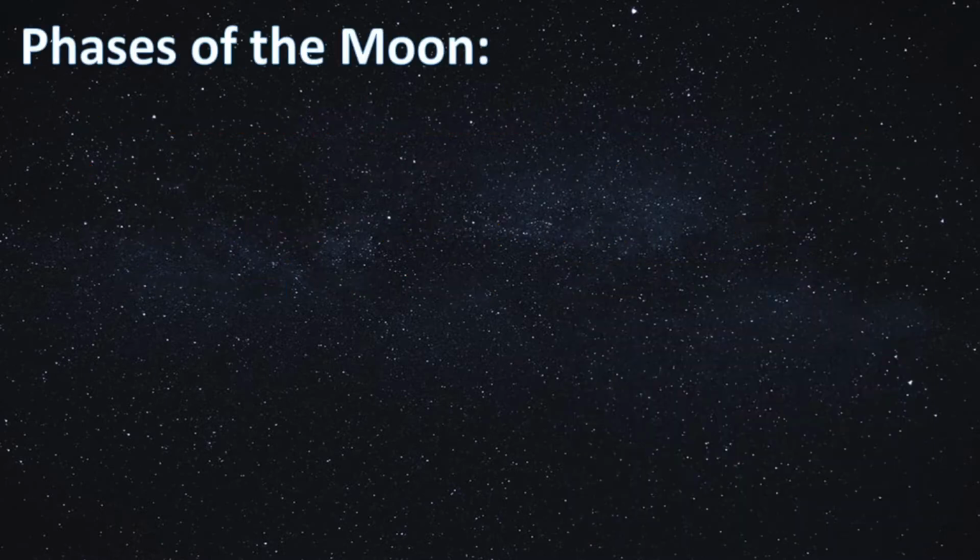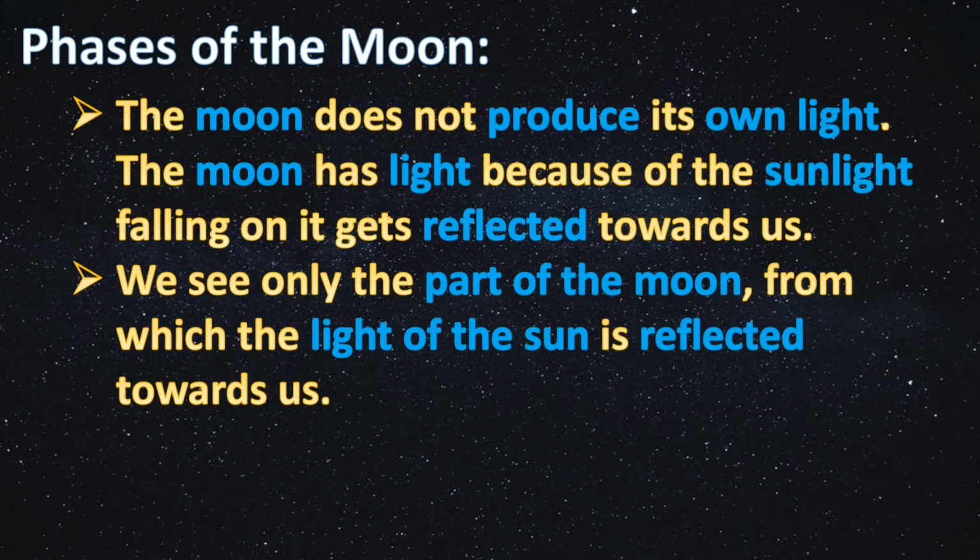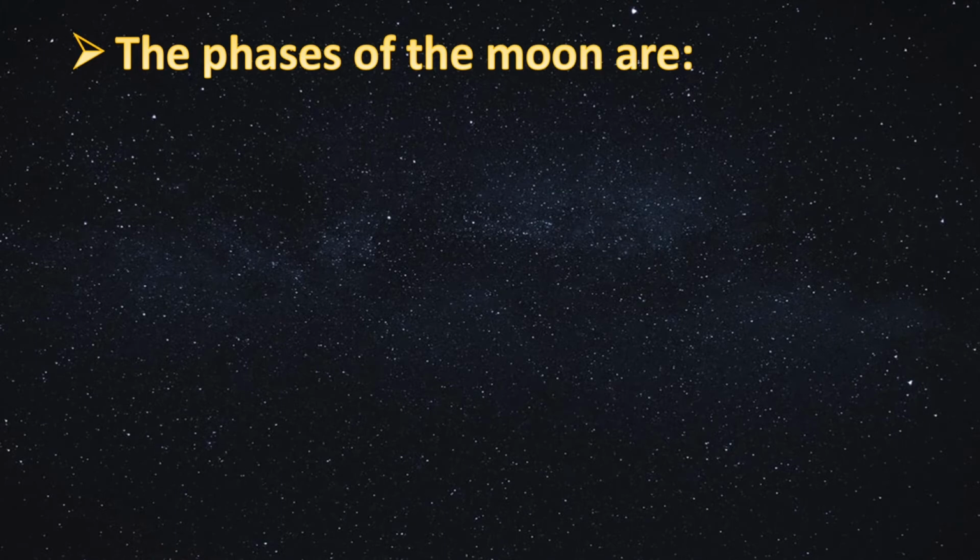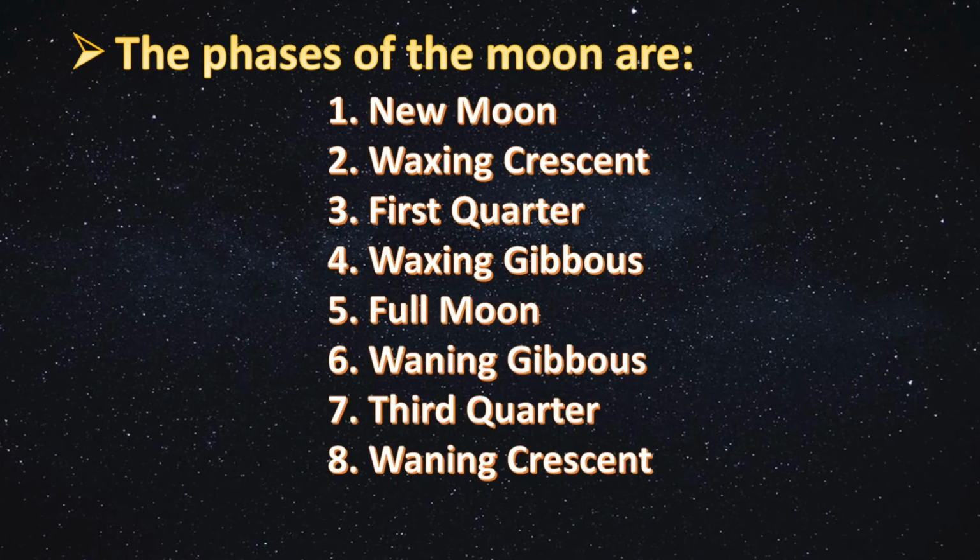Phases of the moon. The moon does not produce its own light. The moon has light because the sunlight falling on it gets reflected towards us. We see only the part of the moon from which the light of the sun is reflected towards us. The phases of the moon are new moon, waxing crescent, first quarter, waxing gibbous, full moon, waning gibbous, third quarter,